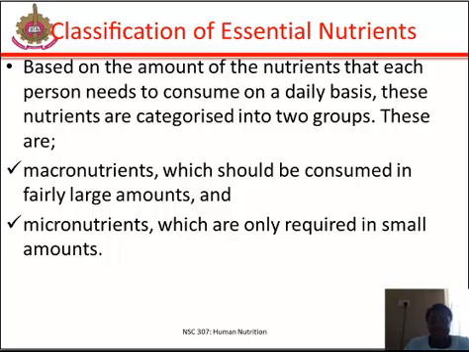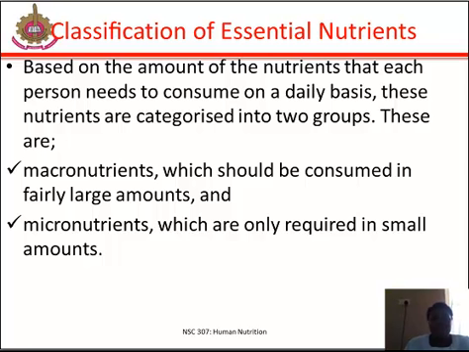And these include carbohydrates, fats, proteins, fibers, and water. These substances are needed for the supply of energy and growth, for metabolism and other body functions. Macronutrients provide a lot of calories, but the amount of calories provided varies depending on the food source. For example, each gram of carbohydrate or protein provides 4 calories, while fat provides about 9 calories for each gram.